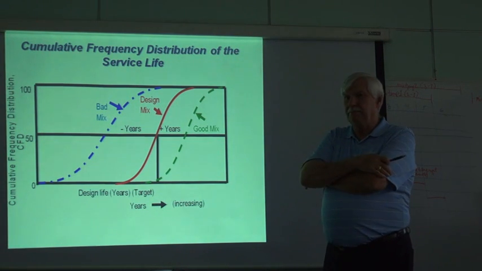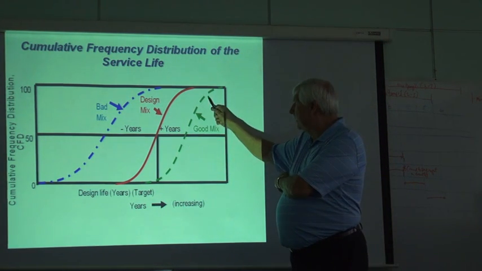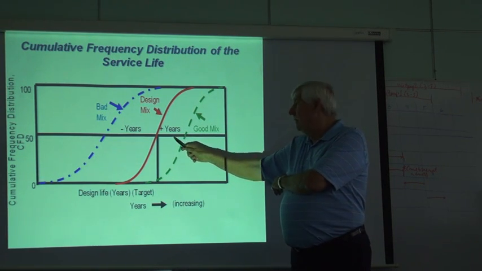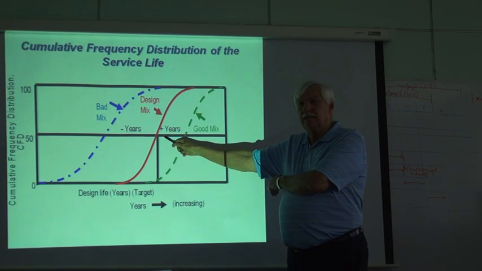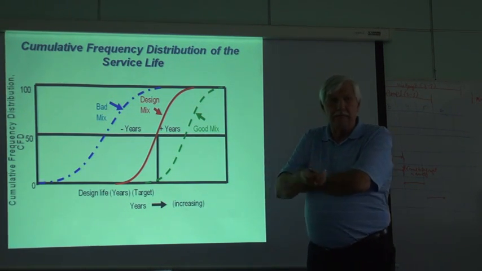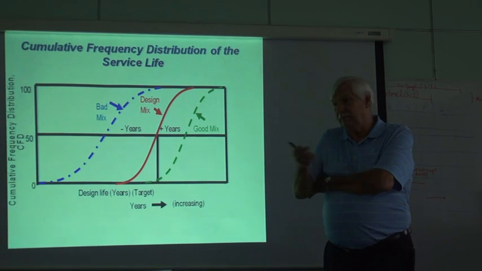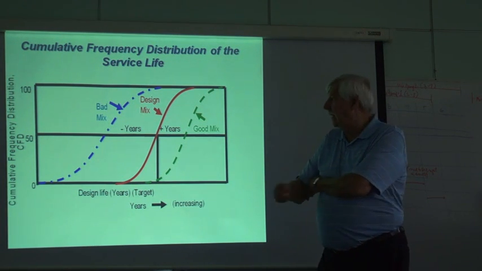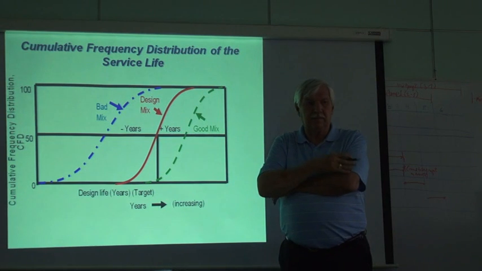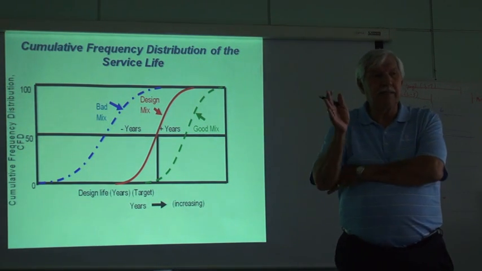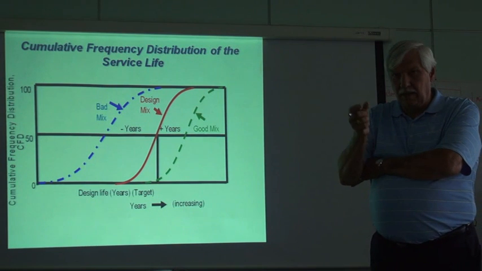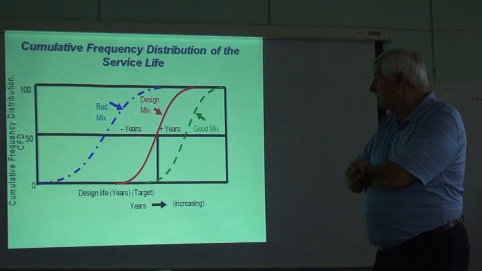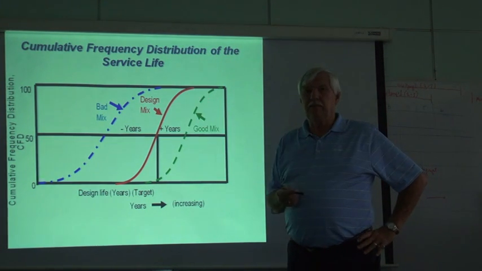Design life in years. Again, this magnitude, if the contractor gives me this curve, he's giving me more life than what I as a designer wanted. So as a result, should I give him a little bonus or not penalize him? That's the agency's decision. On the other hand, if he puts down a bad mix, puts too much asphalt in it, doesn't compact it enough, uses a thinner section than what he should be placing,